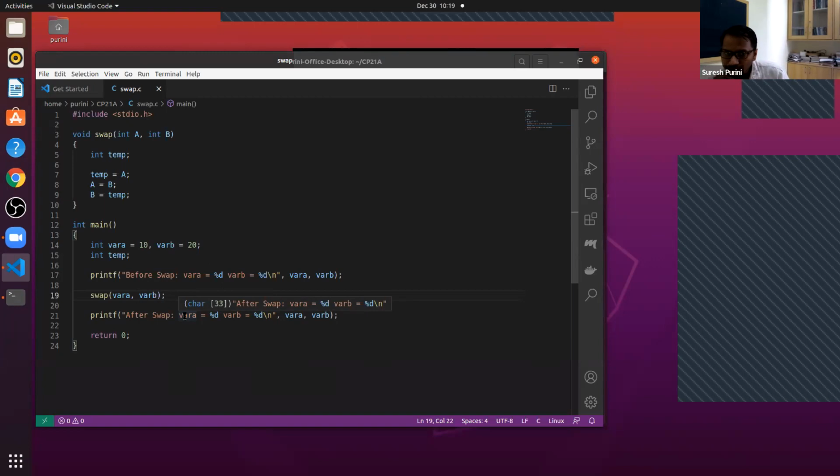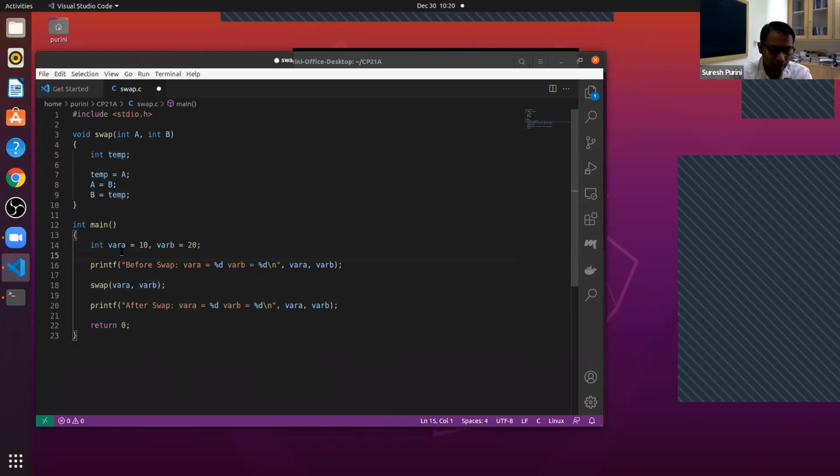Internally in the swap function the two variables get swapped, but since only the values are passed, the swap doesn't happen. Are you all with me here? You're okay with this?